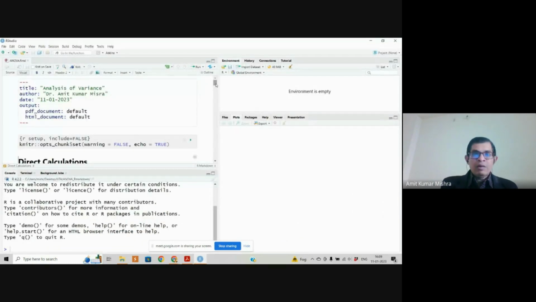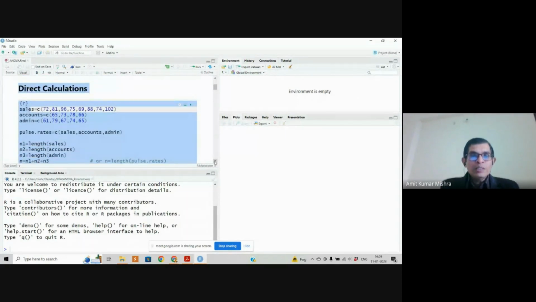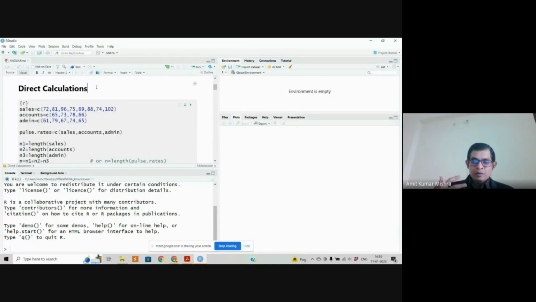This is an R markdown file. Someone will, I think, discuss R markdown tomorrow. I have focused upon direct calculations. I have actually included three methods. One method is direct calculation, that means you don't know any package, anything. Then how to perform one-way analysis of variance. So in that, if you focus upon the first line, I have created a sales vector, and it contains